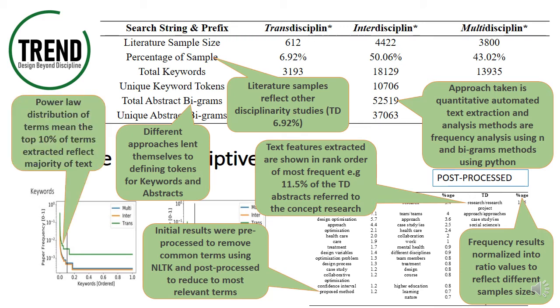The distribution of text tokens in the samples also follows a power law distribution, meaning the top 10% most frequent terms reflect a majority of the text, thus also meaning those terms in the Venn diagrams are most reflective of the whole sample content. This work has taken an empirical quantitative approach using large samples of data, utilizing large numbers of abstracts, 9,934 in total, to create a sample of 97,456 unique term tokens for frequency analysis comparison. This strengthens the validity of the characteristics found as most frequent for each of the disciplinarities.